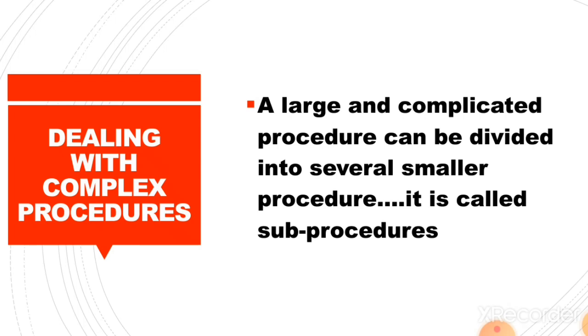Now we are going to split it into small procedures. First you write a procedure only for H and then for E. If you split the procedure like this and then join it together, it is called the main procedure. So our task will become very simple. Children, now we are going to see how to create a sub procedure and how to create a main procedure.